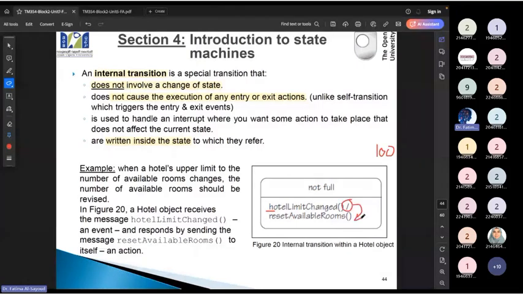لكل فعل ردة فعل. So the action for this event is reset available room. فأنا راح أغير الليمت, بدل ما هي كانت 100 بنيت دور جديد وصار عندي 110 روم for example. اللي أحتاج كمان أغيره, أحتاج أغير reset available room, فراح يكون عندي available room الآن 110. This sort of event doesn't cause any change of status, and it's also not related to any enter or exit action.